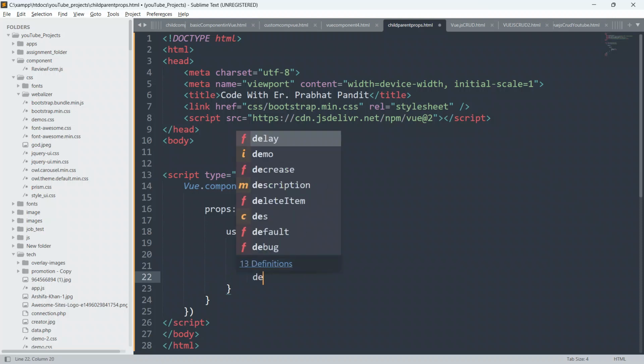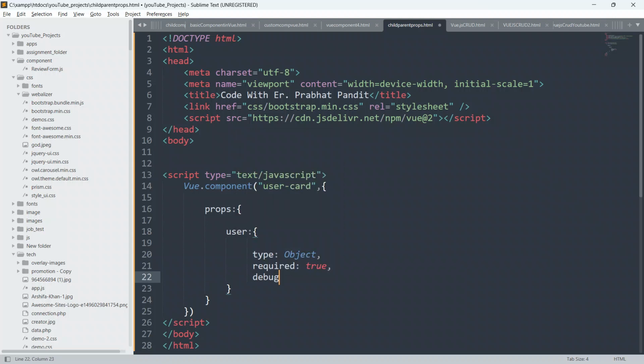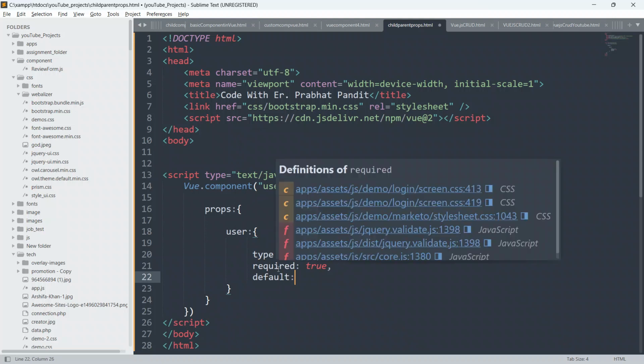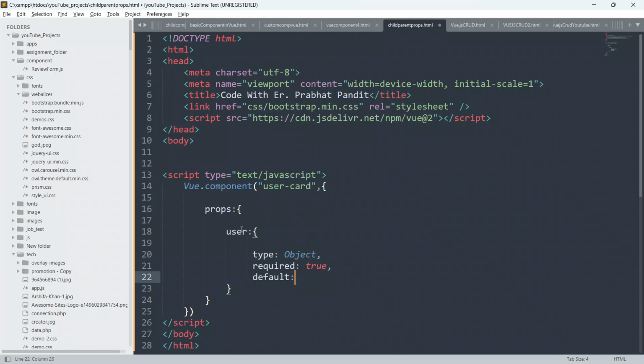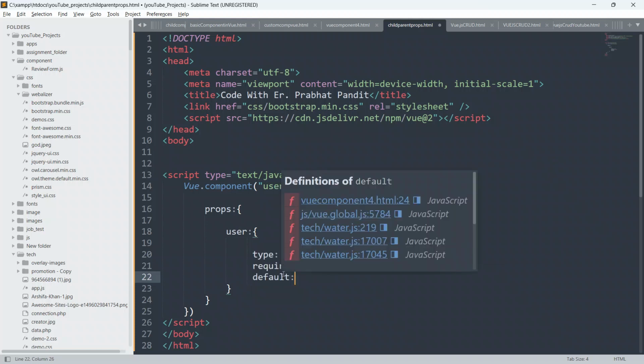I will say default, and I will define a function here which will be the default value for the props. For this user-card props, I'm going to define some default value. If the parent component is not going to provide custom data, then this user props is going to use this default data, which is also known as fallback data.